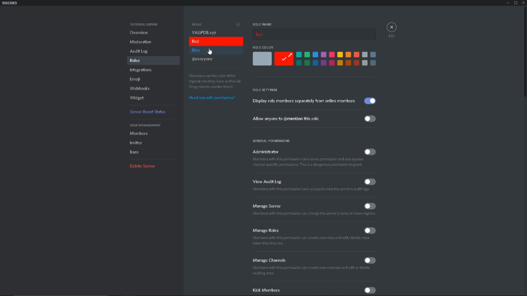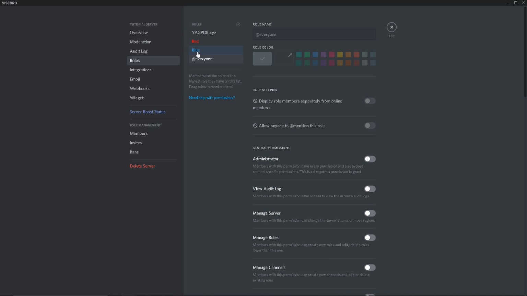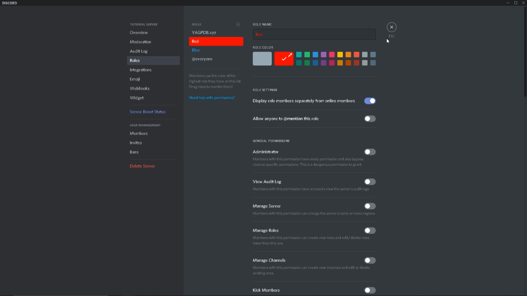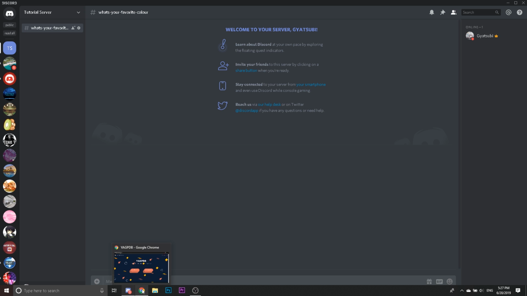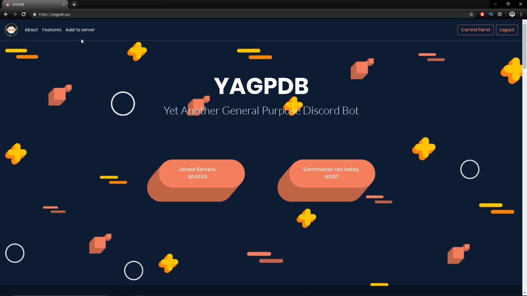So now we have our red and blue roles. These are the two standard colors they are going to be picking from. So once you guys have this down, the next thing you're going to need to do is add Yog Pdv. This is the bot we're going to be using for this. So go ahead and go to the link below,